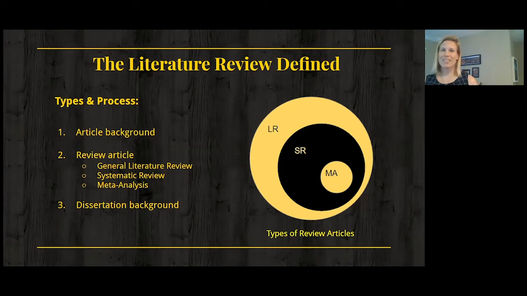This is an article where the entire paper is actually a review. There's no new research produced, unless you consider the synthesizing of information that already exists. Everything in the article is going to be examining research that's already been done and written about. And there are three varieties of this review article. The first, the general literature review, is just a summary. It's saying, here's what's out there in the field, make of it what you will. This is the research that's been done.